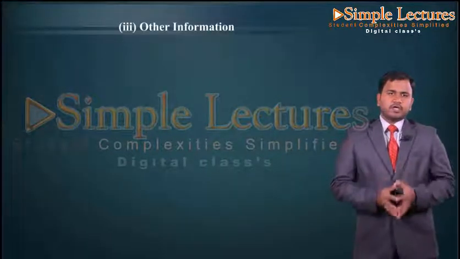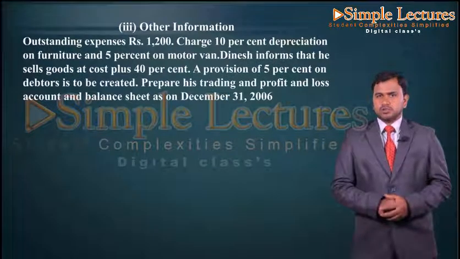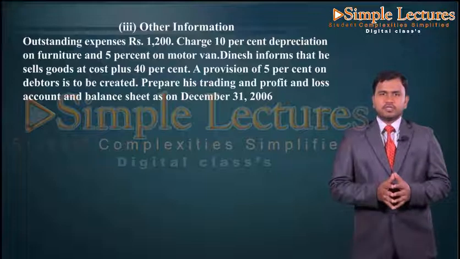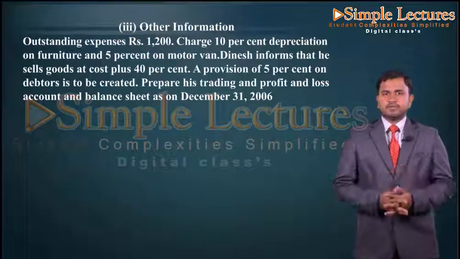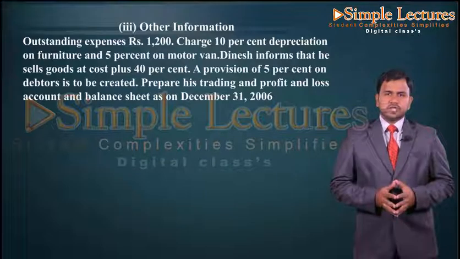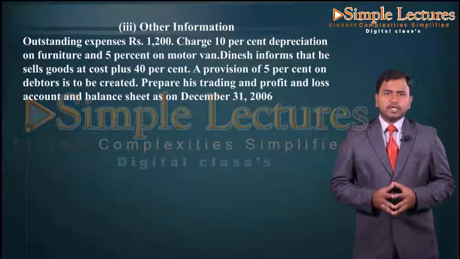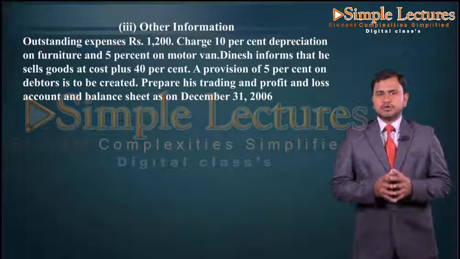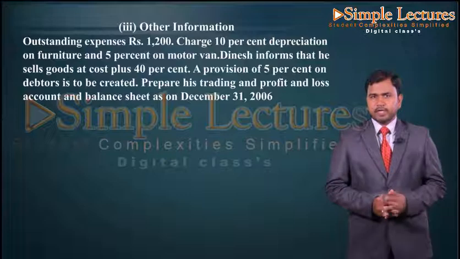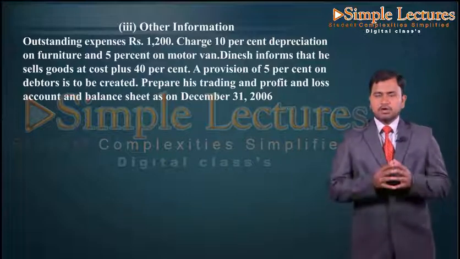Then we have other information given, where outstanding expenses are rupees 1,200 and charge 10% depreciation on furniture and 5% on motor van. Then Dinesh informs that he sells goods at cost plus 40%. Then a provision of 5% on debtors is to be created. By this information we have to prepare a trading and profit and loss account and balance sheet as on